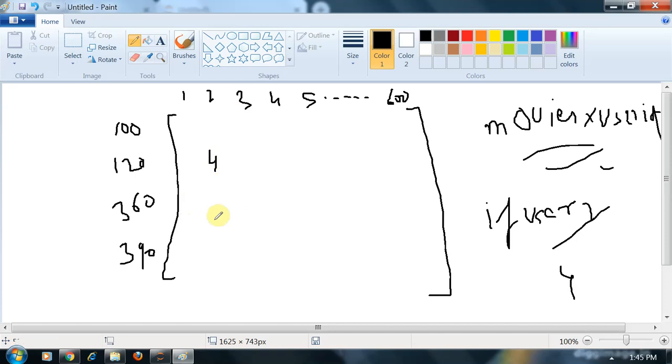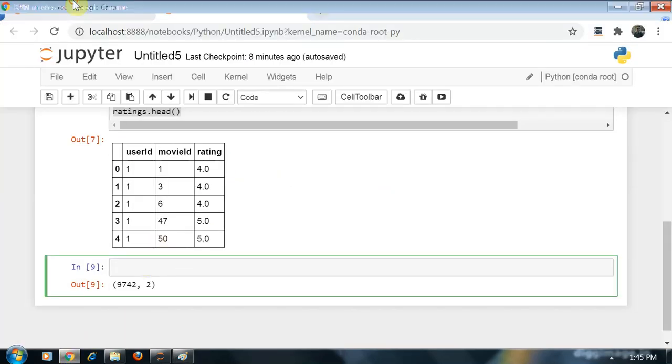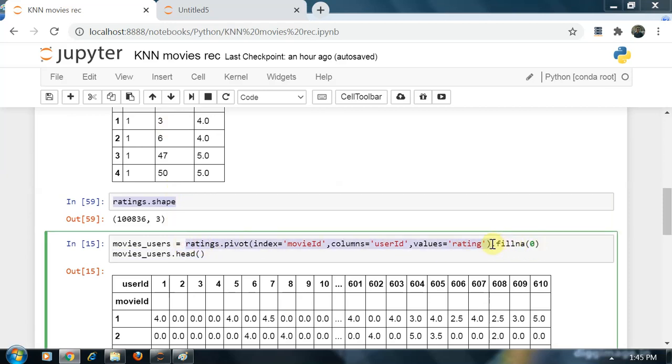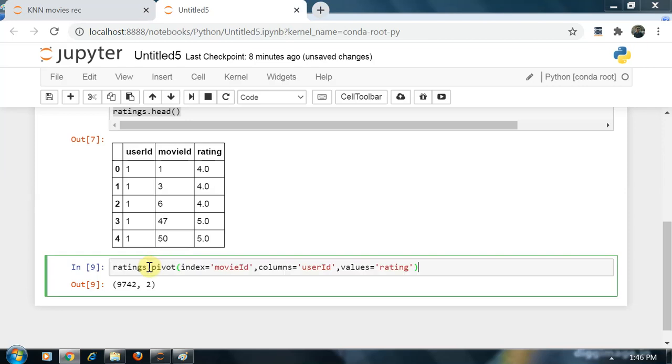If user 4 gives movie ID 360 a rating of 3, I will fill 3 here, like this. I want to fill the ratings in the cells. So I want movie ID in my row index, user ID in my column index, and I want to fill this matrix with ratings. How can I do this? I can do it using pivot. We have already discussed pivot in our pandas video. So look at what I am doing.